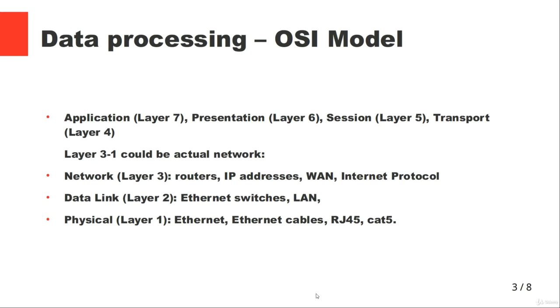And that's just a very quick overview of the OSI model. The OSI model is a data processing model. In every camera, for instance, or computer, all those layers happen. You have the application layer, presentation layer, session layer, transport layer, and then you have network, data link, and physical. Let's look at the computer. You're sending an email, so you are interacting with the application on the computer, and that application then interacts with further parts,